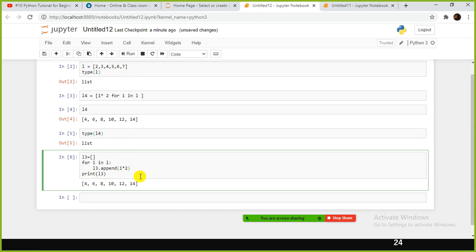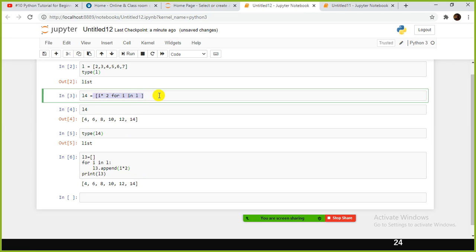See, look here, it got executed. There it was hanging, but here it got executed. The same thing is possible with a single line of code. Here you don't have to initialize a new list, and you don't have to fetch each and every element. You don't have to insert one after another. You don't have to use append and all. Okay, fine. So this is called list comprehension.